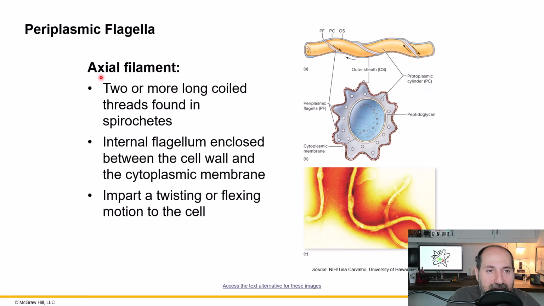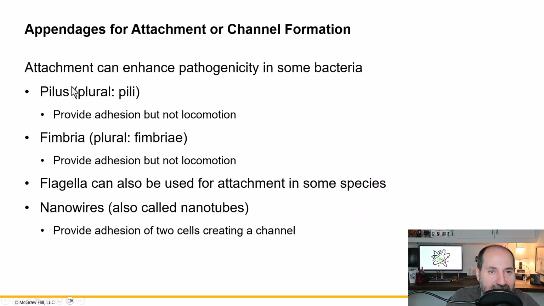Okay, and then do you recall an axial filament is a structure with an internalized flagellum? This internal flagellum allows the microbe to twist, kind of like corkscrew motility. Then we talked about appendages for attachment or channel formation. The pilus provides adhesion but not locomotion. The fimbriae provide adhesion. Remember, these were the short hairs. Then there was the flagella, which could also sometimes be used for attachment, and nanowires or nanotubes for creating channels